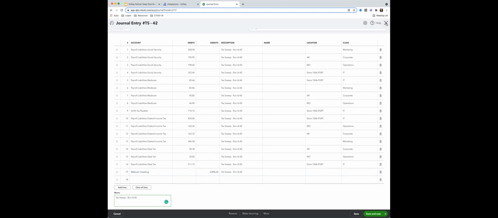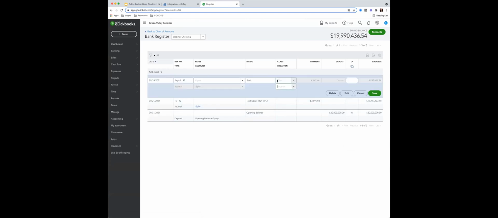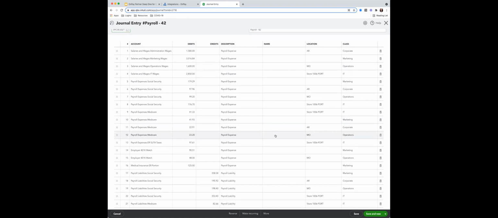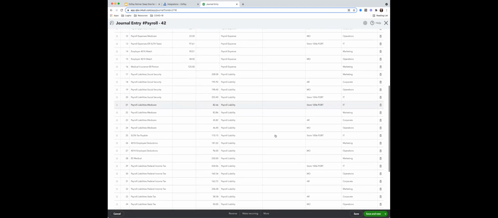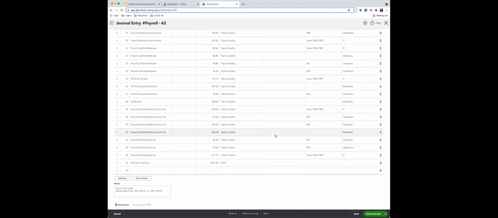And then Kara, if you'll close that one, let's go to the other journal entry that we have when we're in detail. In the splits here, this is just showing us all of those wages. You get one giant journal entry for the entire payroll. It still has a lot of detail. If you select a lot of detail in OnPay, you're going to get a ton of detail in your QuickBooks. Again, we're seeing the same account being hit multiple times. That's because of those different classes or locations.